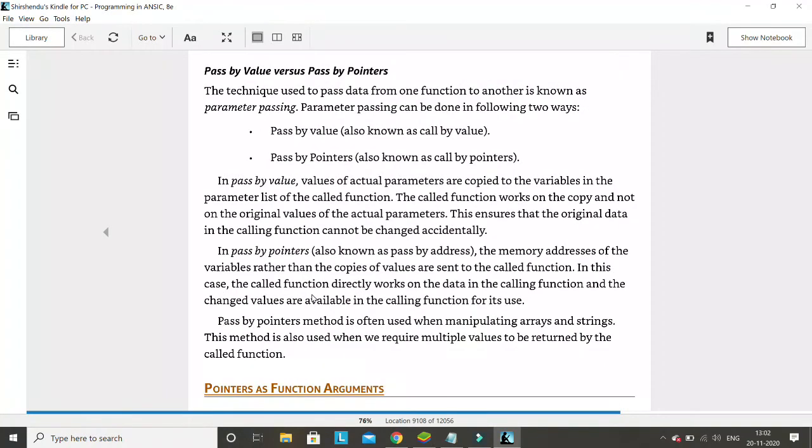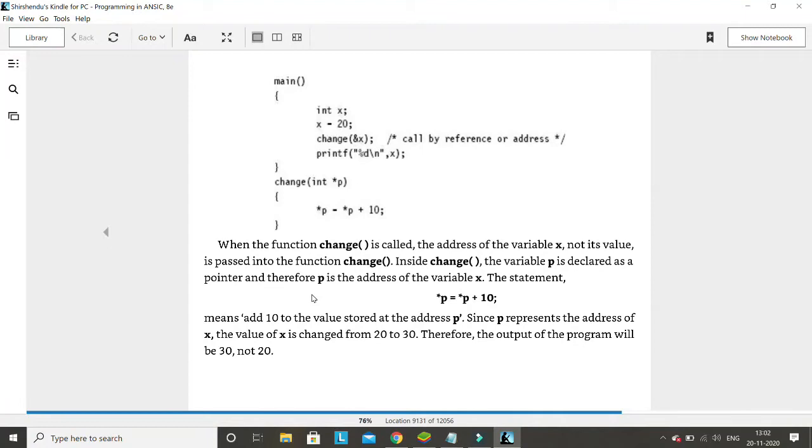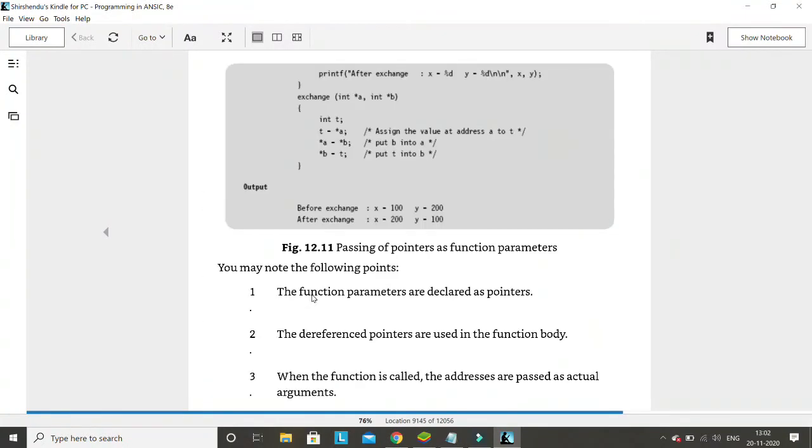Okay. Then pointer to a function argument, pointer as a function argument. That part is also for you to study, because if you understand call by reference, then you will also understand this pointer as a function argument. Okay, so next point is